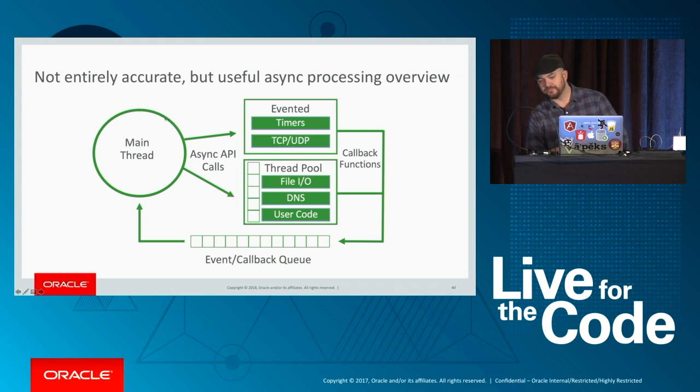And the way it works, your JavaScript code runs in a main thread, and that's essentially the event loop, right? And you're going to make some async API calls, like maybe you call setTimeout. As I mentioned, that's evented. Maybe you make a network callout to request a web page. That's also evented. TCP and UDP, completely evented, kernel-based, really efficient. Maybe you're reading or writing to a file, so you're using file system APIs. Maybe you're doing a DNS call translating google.com to an IP address, or maybe this user code here is a